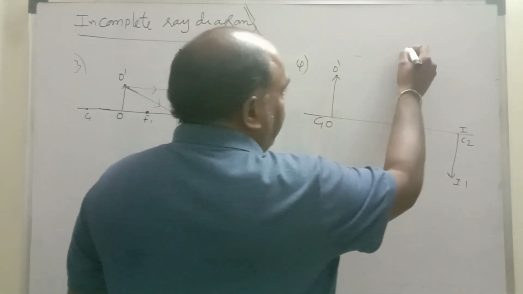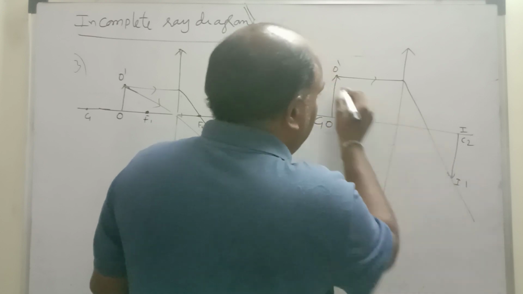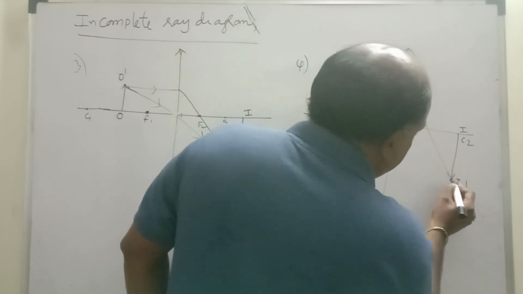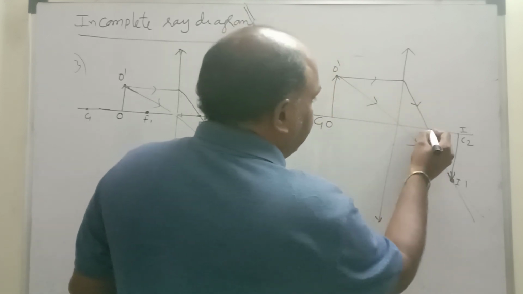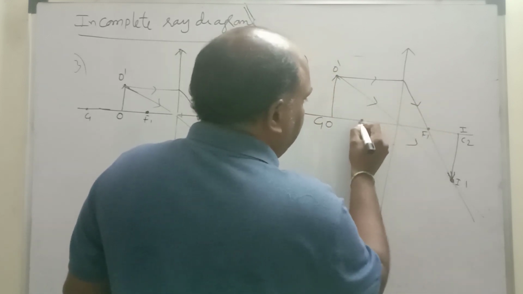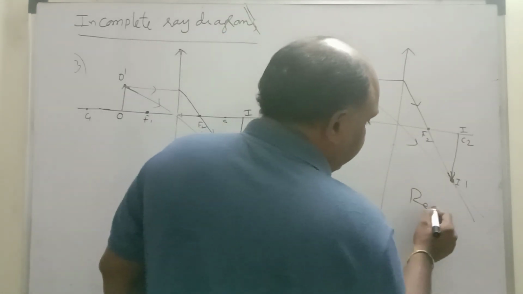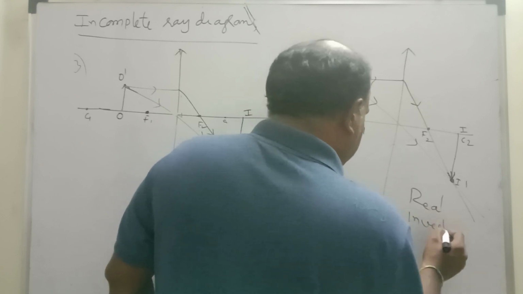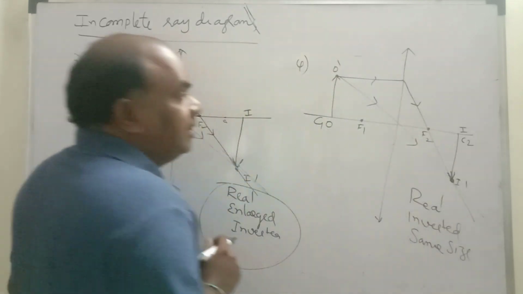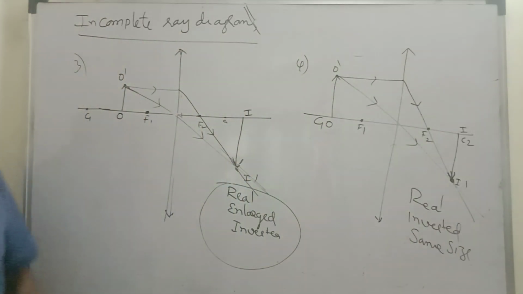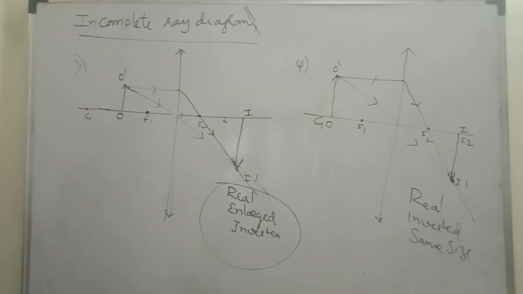Only convex lens can form this image. Parallel ray goes through the focus. One more ray going through the optic center. This is the intersecting point. Here the image forms. Incident ray, refracted ray. This is F1. This is F2, C2. Real inverted same size image is formed at C2. These are all the incomplete ray diagrams. Very important, note down. If two dots are given, how to draw?